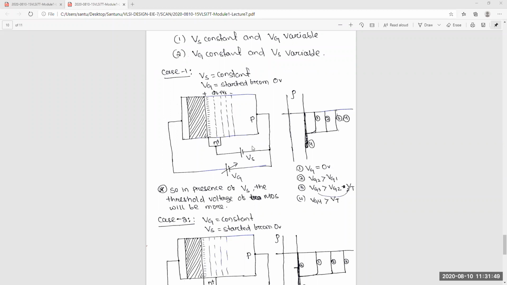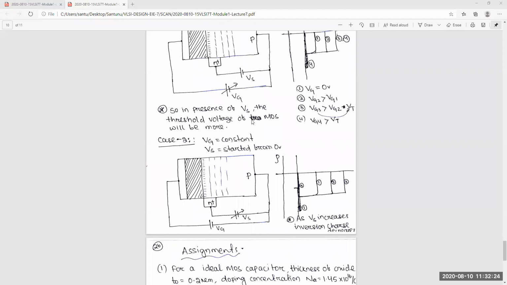Did you understand this thing? Why is more Vg, more Vt required in the presence of Vs? Because due to Vs, the inversion charges decrease. So to create those charges again, you have to give more voltage. Very simple way you can remember these things. The final thing is: Vs increases, Qi decreases. To get back that Qi, you have to increase the threshold voltage. This is a very simple example.